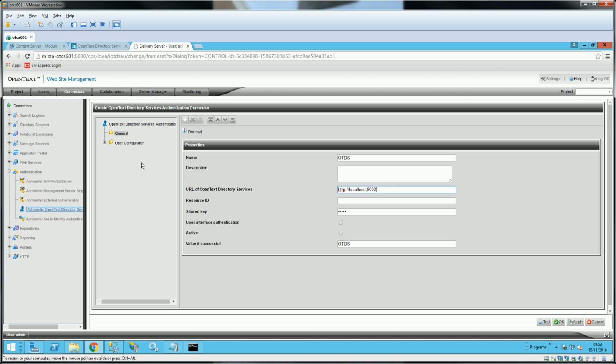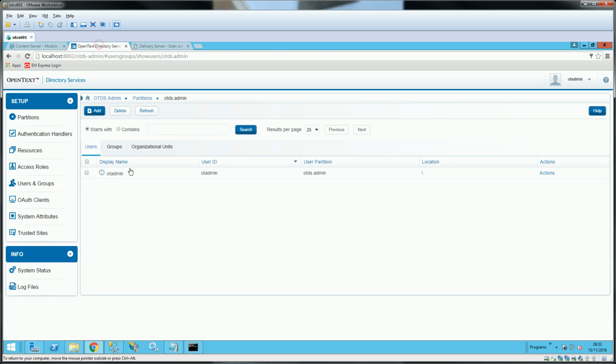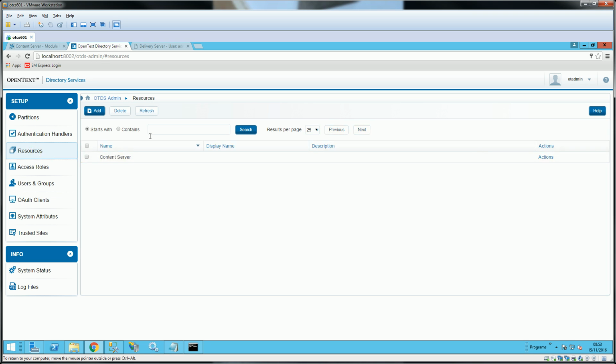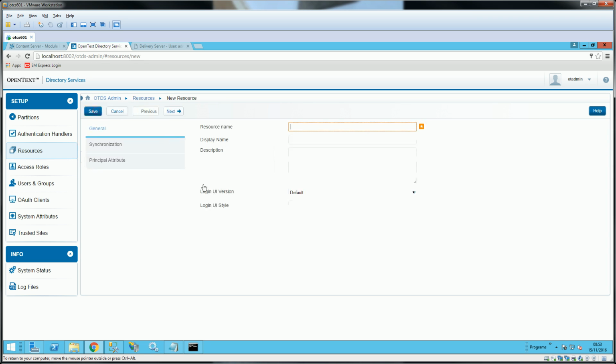We need the resource ID here. So we're just going to go here to resource and create a new resource and save it,